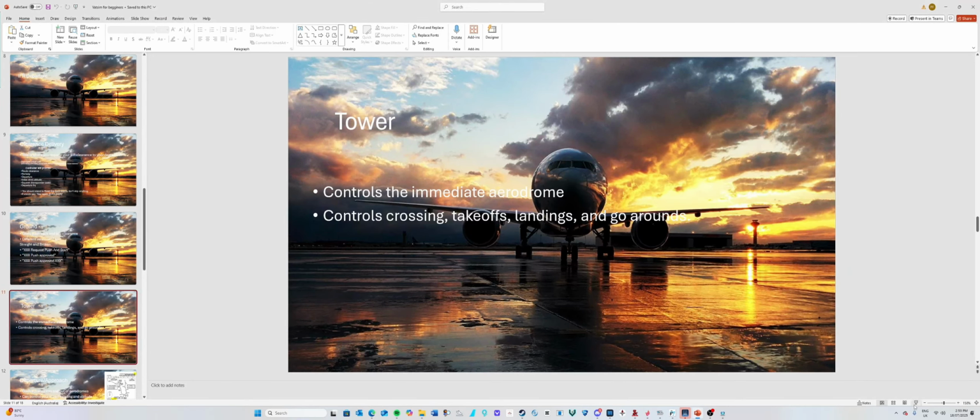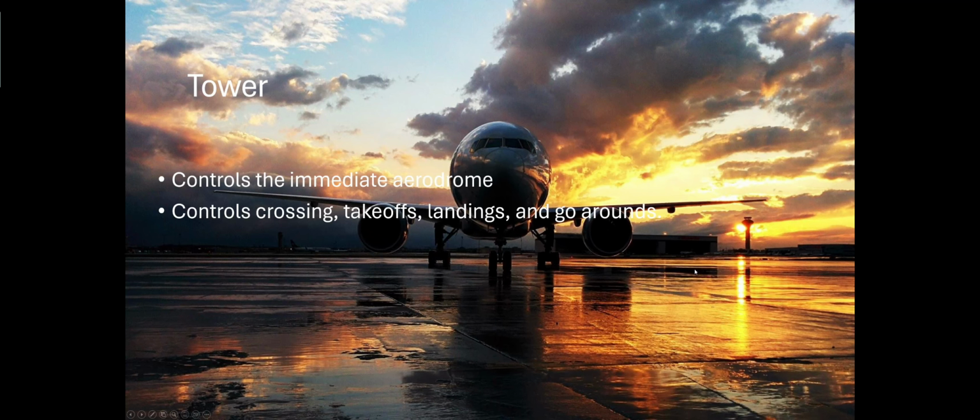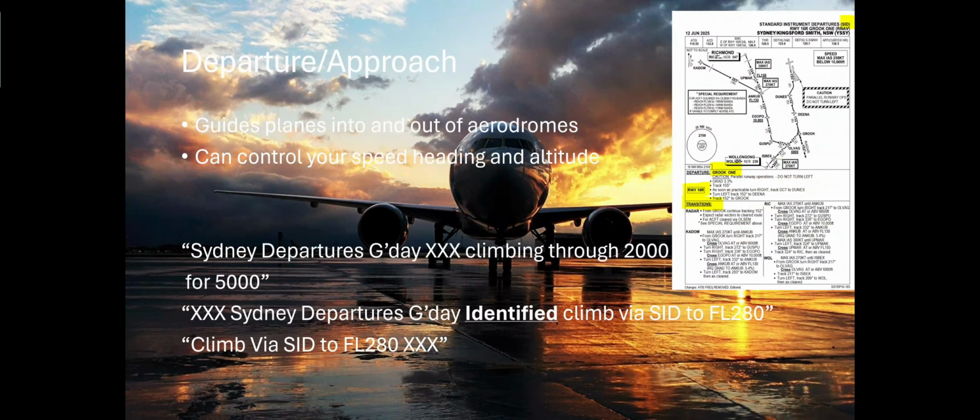Clearance issued by me at Melbourne. It's pretty simple, tower. But then we get to departure and approach. One thing to note, approach can control departures as well, and departure can control aircraft approaching the aerodrome. So it's not just planes who are approaching the aerodrome that connect to approach. It's split into different sectors. It's a bit confusing, but